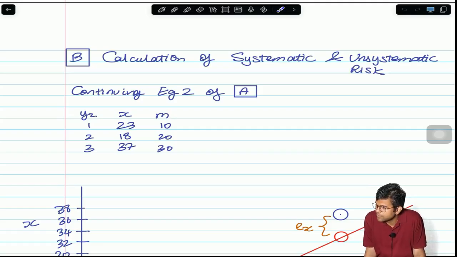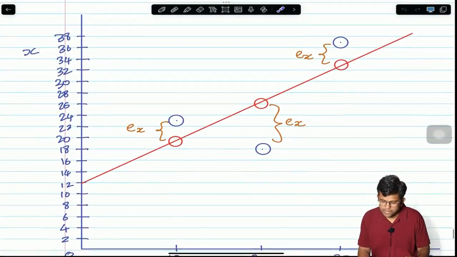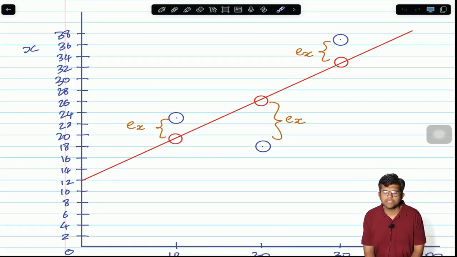Two examples we saw, and then using the second example I taught you a lot of things, in which I taught you this important concept of how to make a dummy line, or how to create a dummy relation between x and m. The dummy relation between x and m, x is equal to 0.7 m plus 12. That relation we had already established in part A earlier, but now we realize that relation is dummy